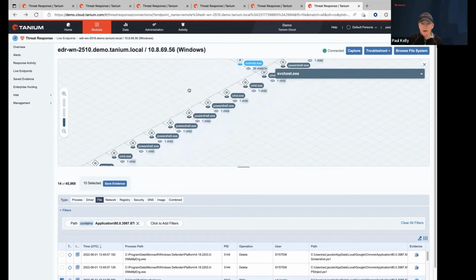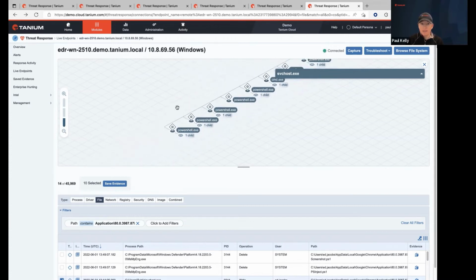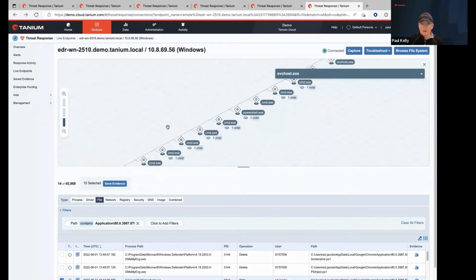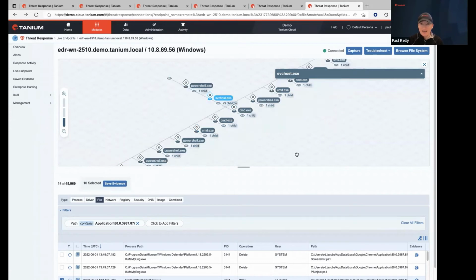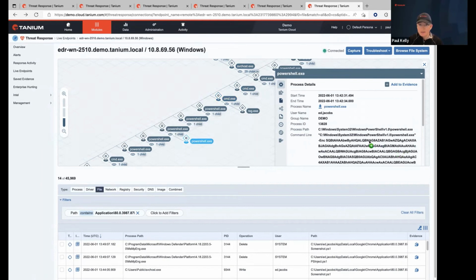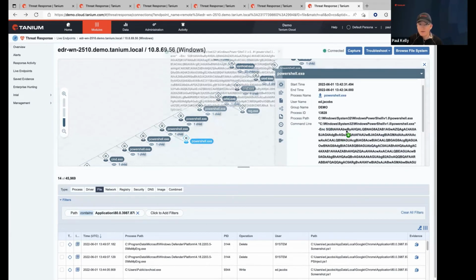So this was PowerShell that ran all of these child processes related to Mimikatz, right? Obviously there's a lot that goes into credential harvesting, but in each and every one of these, you can drill down into it and see what it was doing. This was doing a net user in the domain. This one was querying the registry, looking at current version policy system. This one actually had a PowerShell command, and there's the full command line of it. And you can copy all of that and search on it.